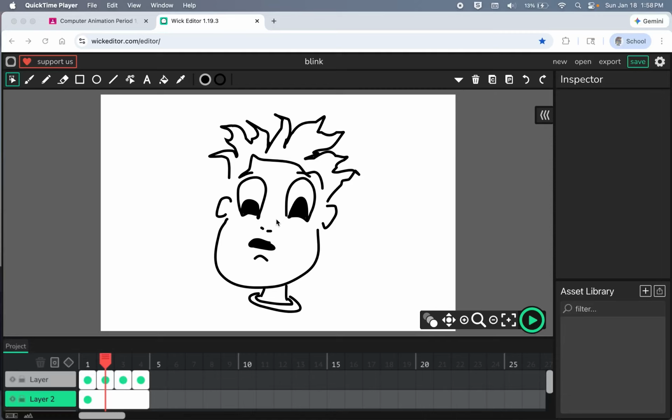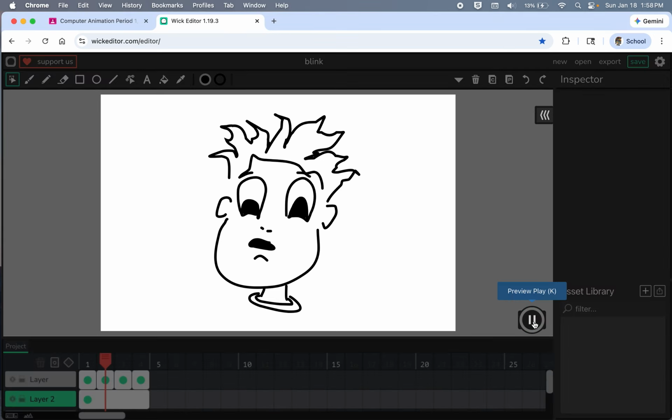Alright, animation gang. Here we go into another animation tutorial with the Wick editor. We are doing frame by frame animating of blinking. Now, my character is looking a little shocked with his blink. So he's kind of like blink, blink, oh my god, what just happened is kind of the blink that he's